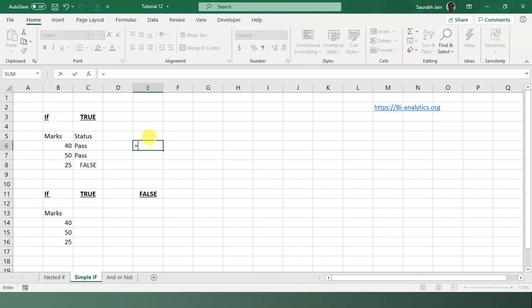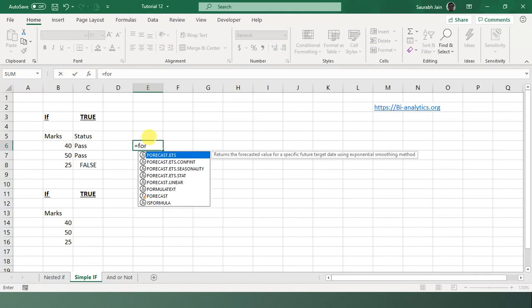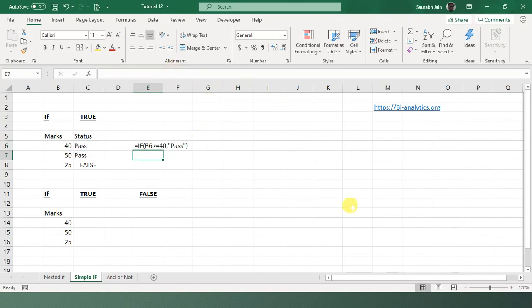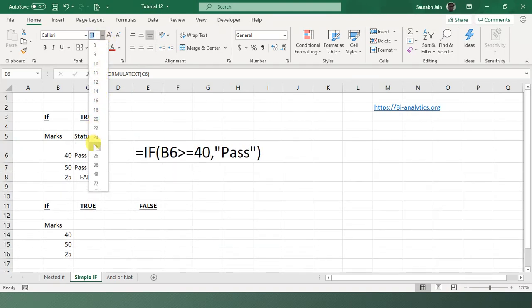I will just show you again how it works. The condition is IF, bracket open, B6 is greater than or equal to 40, comma, pass, like this. So this was a simple IF statement.